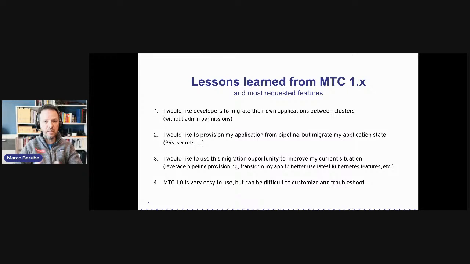So today, one of the issues we've been having with MTC is you need cluster admin privileges, and we heard loud and clear from many people that actually they wanted their developers or app owners to do their own migration. So this is one of the key things we want to solve with Crane, is to allow developers or app owners or people without cluster admin privileges to actually